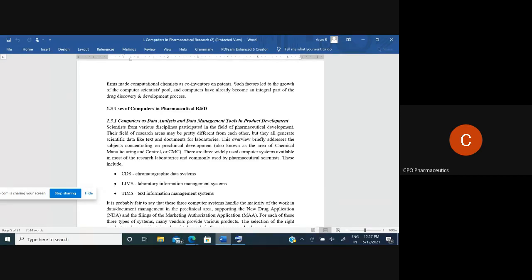Are you getting what I'm telling? GMP is very, very important for the entire pharmaceutical sector, even for research and for manufacturing. To have GMP, good documentation practice is important. To have GDP, we need a good computational data management tool, because manual data management